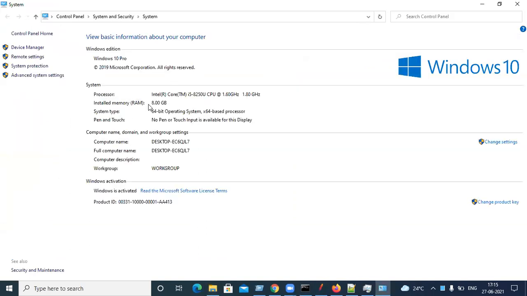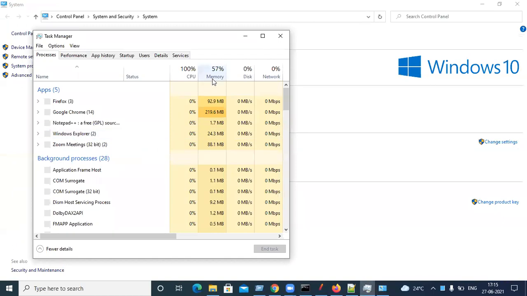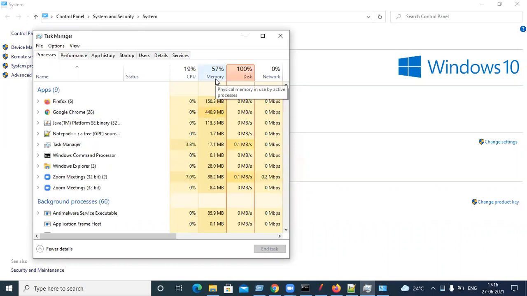If you check, installed RAM is 8 GB. Currently 57% is already being used, and around 43% is left. So JMeter will create the users based on this available memory.